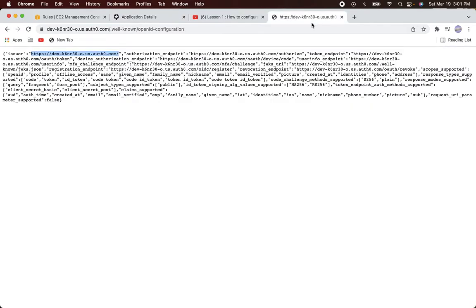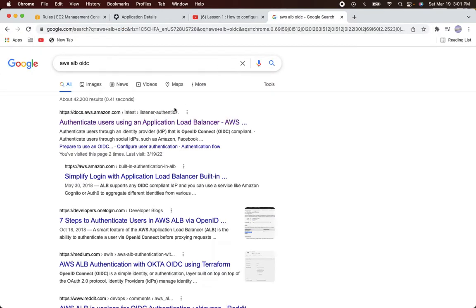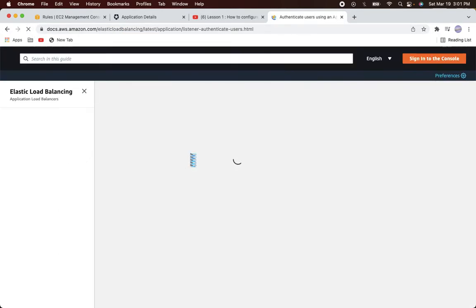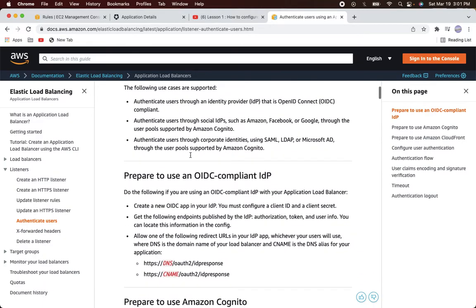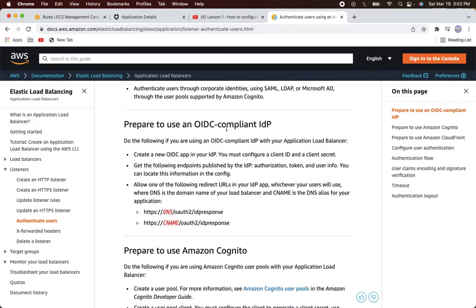So let's open the documentation of AWS ALB OIDC and go to this section, prepare to use an OIDC compliant IDP. Here they have mentioned that we need to add a couple of URLs in the client configuration of the IDP. In our case, we are only using DNS. We don't have a custom domain name configured because we are just using a self-signed certificate. So in this case, we are just going to copy this,